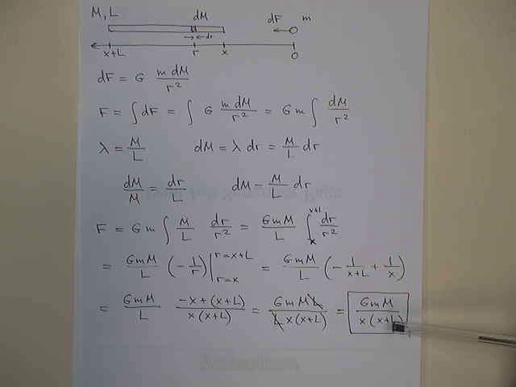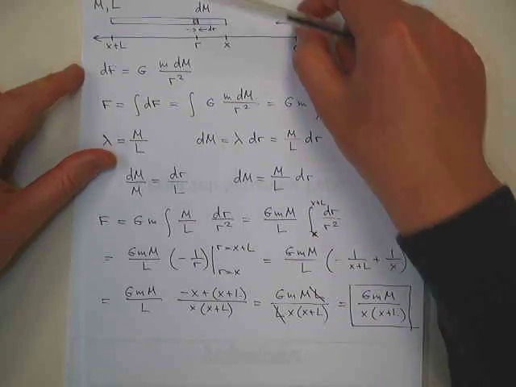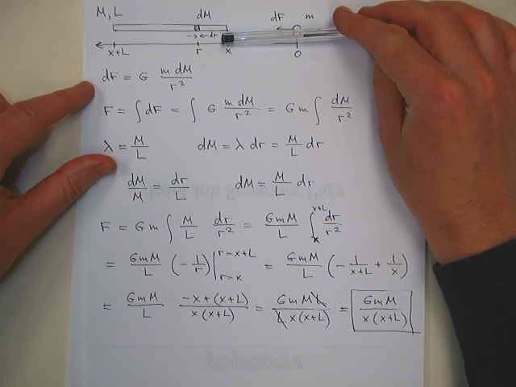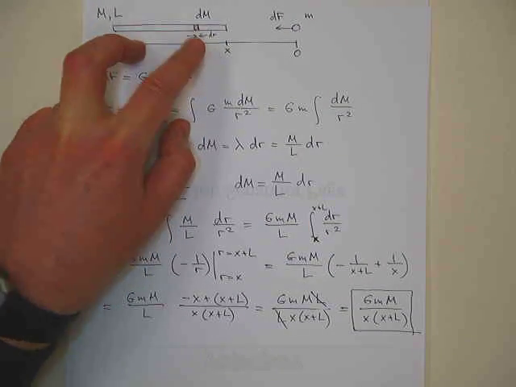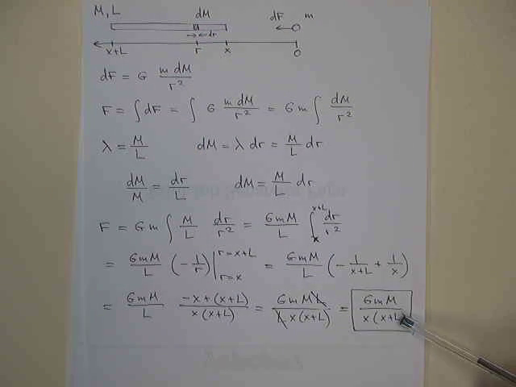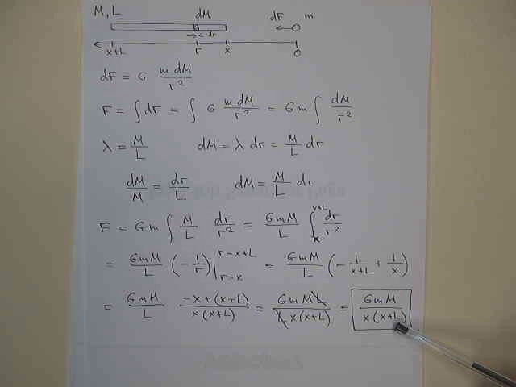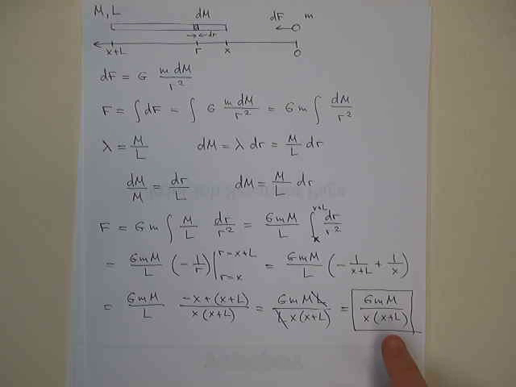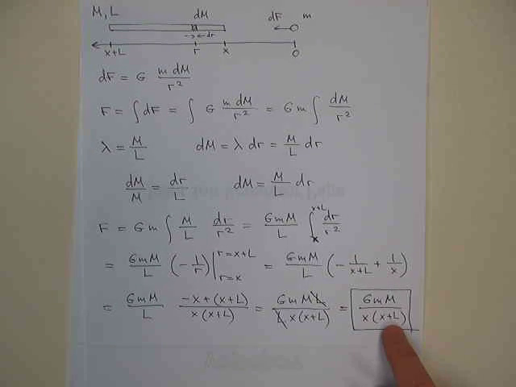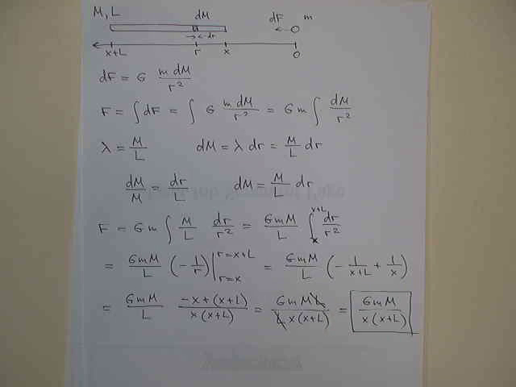Now we can also check what this result reduces to if x is very large. If we take this point mass very far away, x becomes very large, while L becomes small compared to the distance of the point mass, and we can essentially neglect L compared to x if x is much larger than L. What happens then? The quantity in brackets can be viewed as just x, and the entire denominator becomes x times x, x squared. So our result reduces to G m M over x squared,